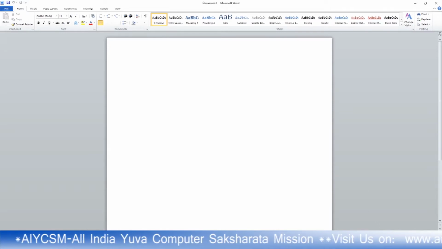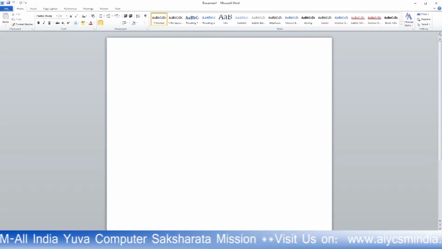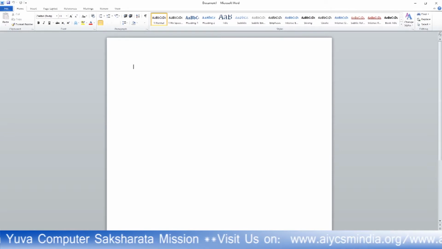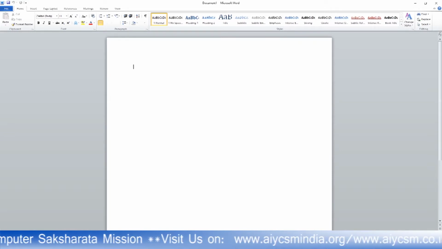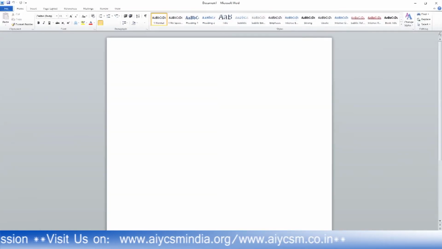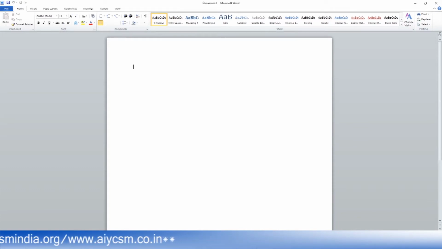There are three types of layout. One is known as print layout, which is the working layout that we will work on. There is a full screen view. If you click on that, you will see the full screen view. Press Escape, and you will get back to the print layout. And there is a web layout. Three types of layout are there, but we are working on print layout right now.